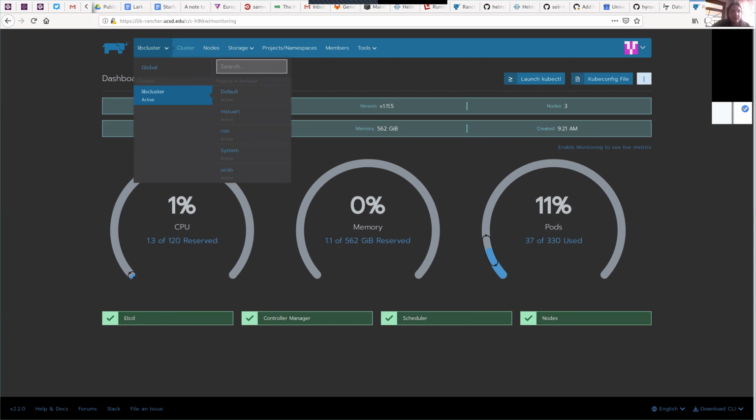So here is the lib cluster, which is essentially three biggish machines on the UCSD campus. This is on premises. The UCSD work we've done has all been in AWS, and everything basically runs exactly the same there as it does here. So I'm going to go to default,